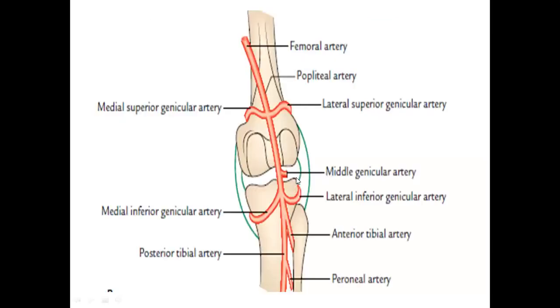Then we have the genicular branches. The genicular branches are 5 in number, and they supply our knee joint. They are divided into two parts, superior and inferior. Superior has superior medial and superior lateral, inferior has inferior medial and inferior lateral genicular, and one middle genicular. The superior medial genicular will go around the corresponding condyle of the femur, and the lateral one similarly. The inferior medial genicular will wind around the tibial condyle and these lie deep to these collateral ligaments. Whereas the middle genicular will pierce the oblique popliteal ligament and it will supply the cruciate ligament and the synovial membrane of the knee joint.